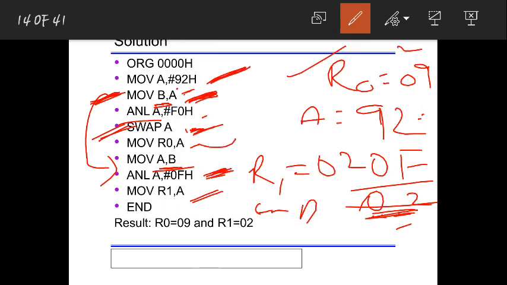Just use your own logic, but here you should know the meaning of this masking instruction, how to mask, how to get those values. This is a small logic. Using 0F and F0, how to convert that value, you need to know that. After that you also need to know what is your unpacked data, what is your packed data. By that you will know whether you need the instruction called SWAP. If you wanted to swap them from lower to higher, then you can use this. If you don't require, then no need of writing this.